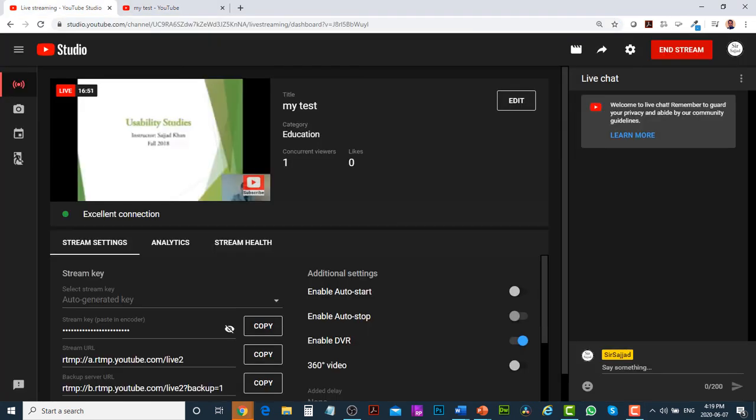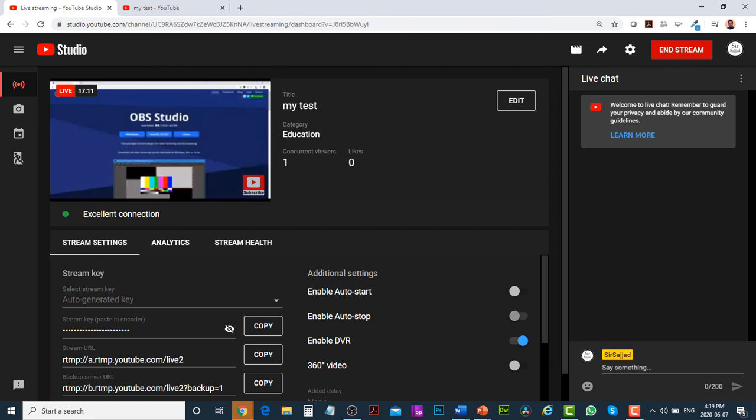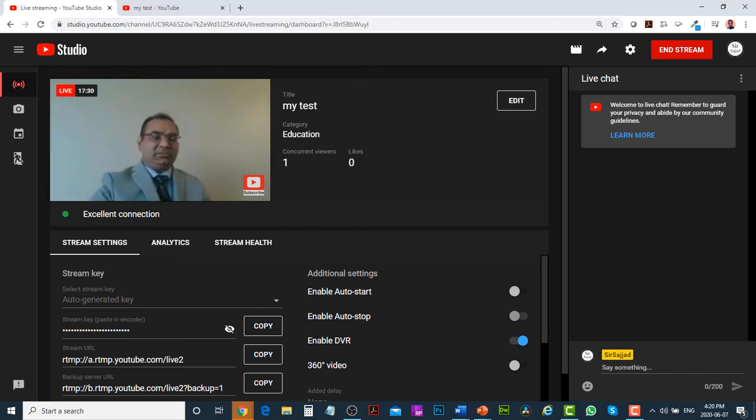You can control your stream using the shortcut keys for the scenes. This was the first scene, which was PowerPoint, and if you press 2 from the keyboard, then it should show the OBS screen. There will be some delay on the streaming, but now you can see the OBS screen. And if I press 3, which is just my webcam, then I should be able to see my webcam. So I pressed 3 from the keyboard and I can see my webcam. Okay, and then 1 again,